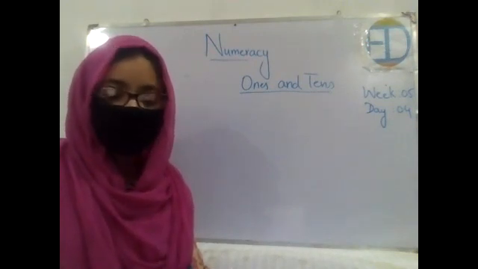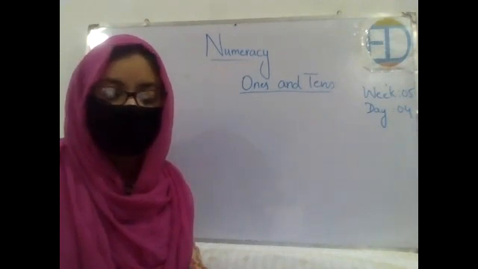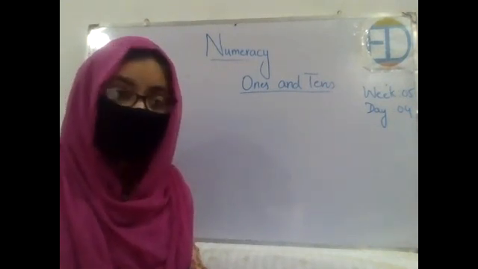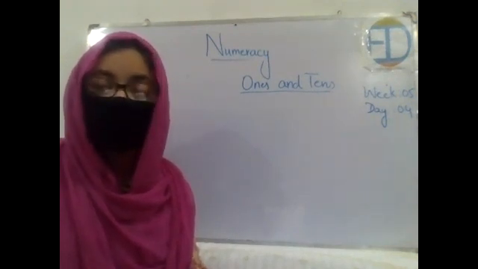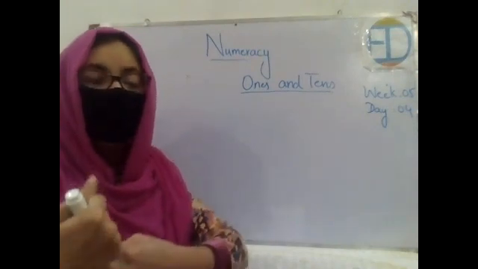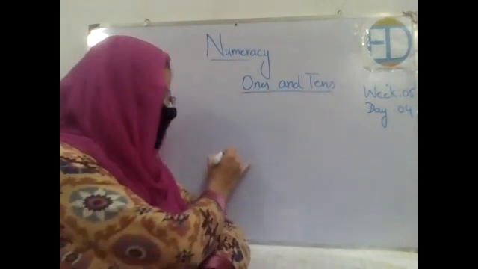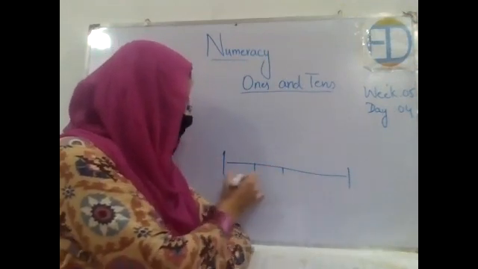So I'll be showing you different things which are in the form of bundles of tens. You will count them, and then you will tell me how many tens. Basically we have practiced skip counting. Remember what we do in that? I draw a number line in front of you, and you are supposed to count numbers.